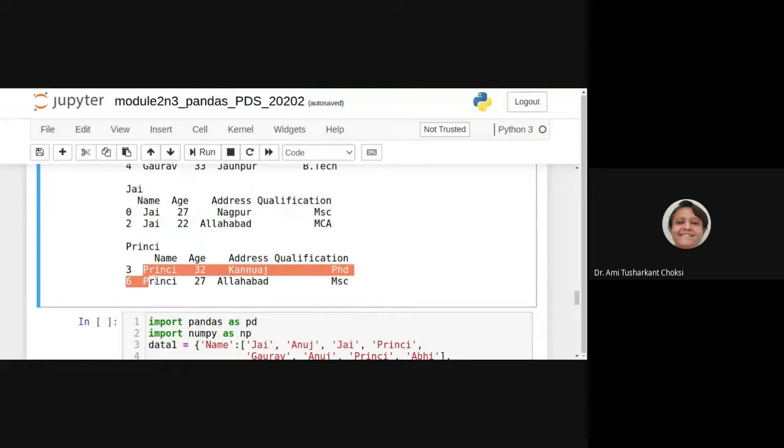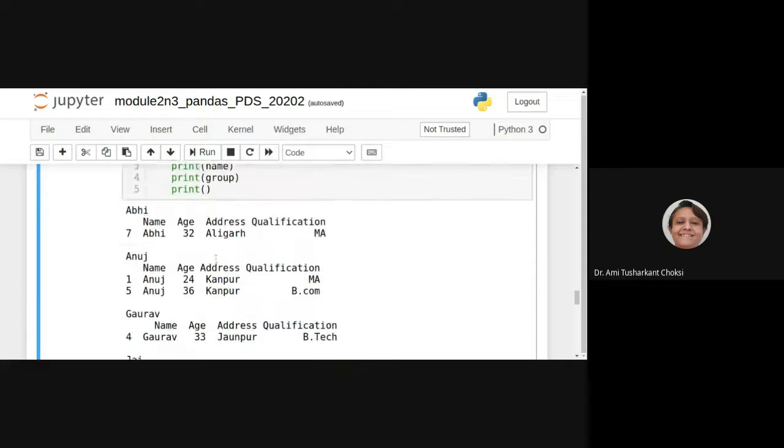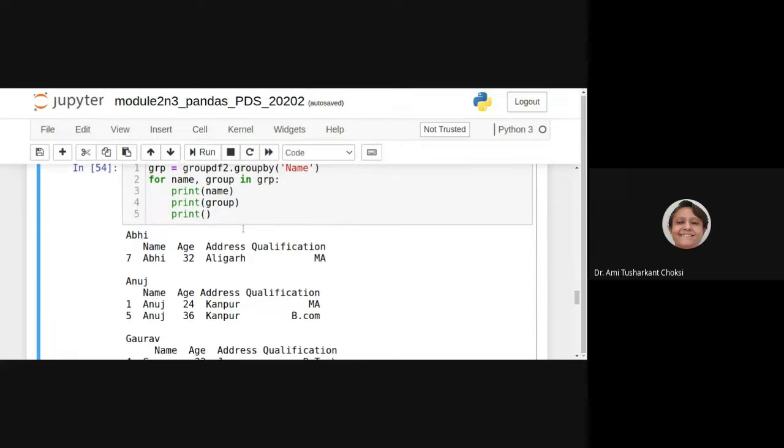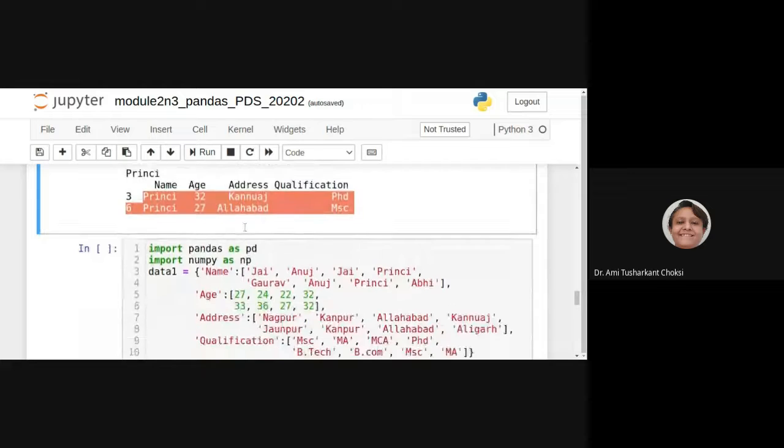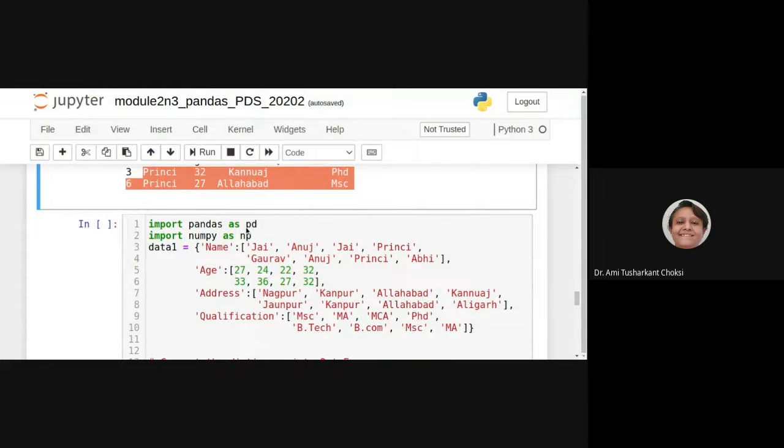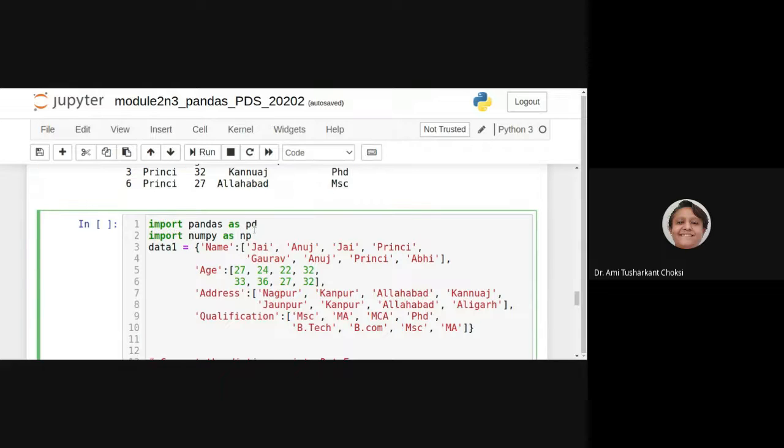And for Princey, we have two Princey. So that is iterating the groups. We are iterating the groups. That is the way we use itertools. In advanced topics of Python, we have studied that.